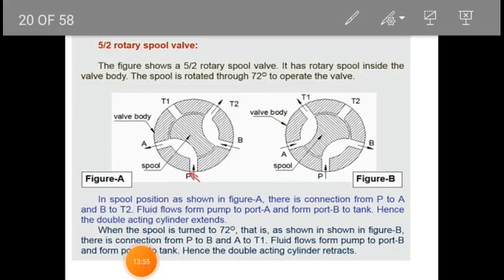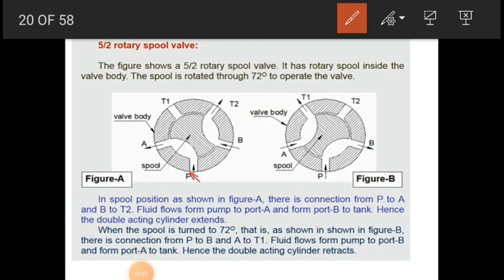In the figure you can see a 5 by 2 rotary type spool valve. Earlier it was a sliding spool valve. It has a rotary spool inside the valve body. The spool is rotated through 72 degrees to operate the valve.